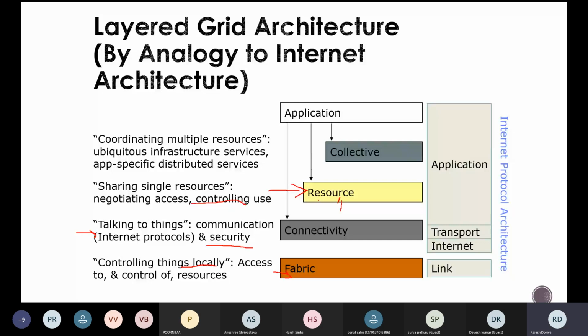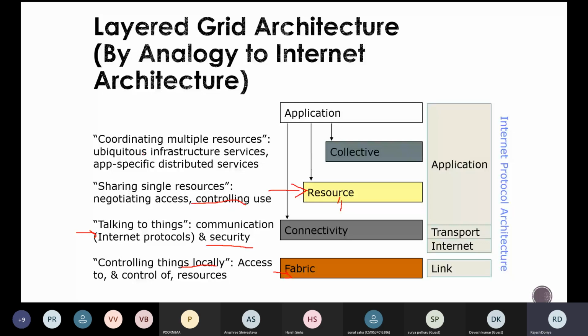And on top of that we have the collective layer. As the name itself suggests, it is going to coordinate multiple resources. In this case, ubiquitous infrastructure services can be there, or some specific distributed services can be there.